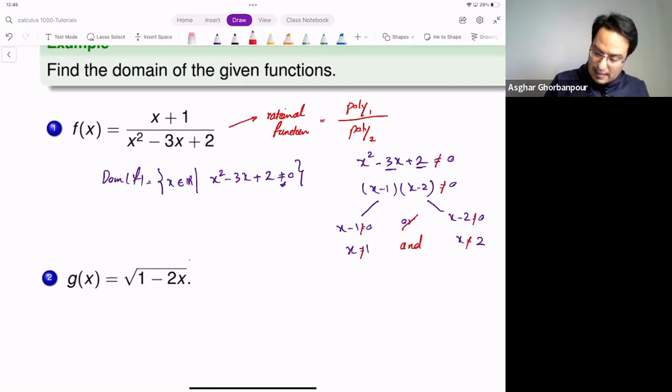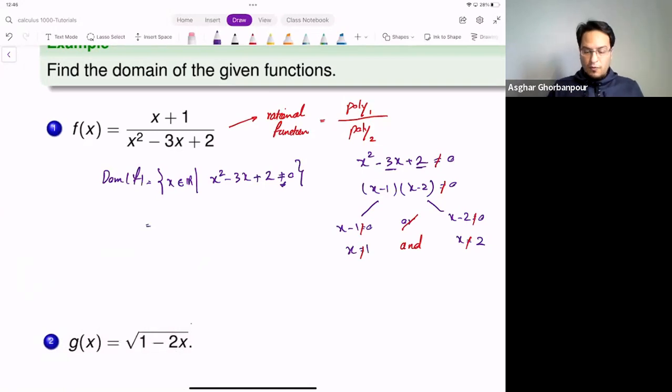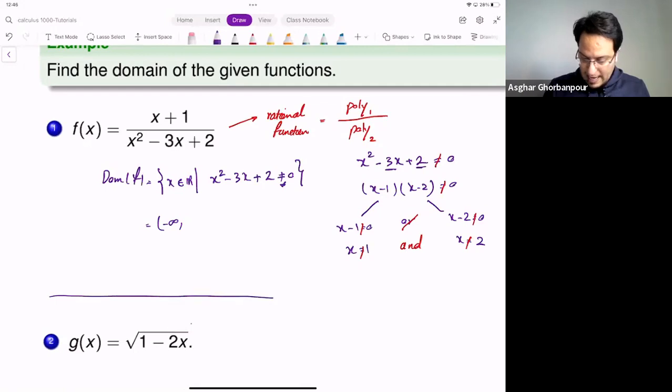This is the domain of that guy. Well, I need to write this one also in the interval format. This is something that you have to now start working on and be able to use, especially in the web work quizzes. You have to be able to input the sets in the interval format, in most of the cases. So if you look at this set,